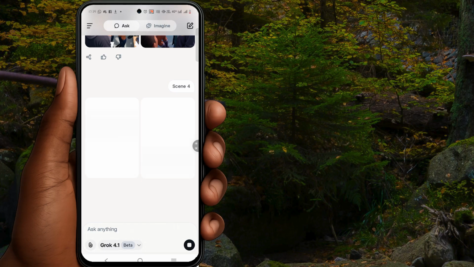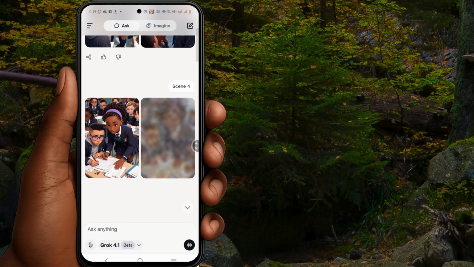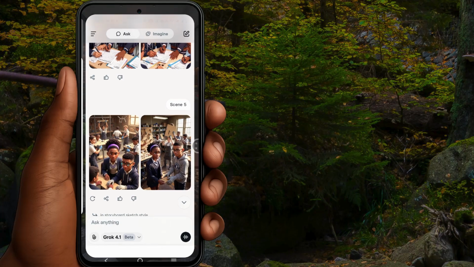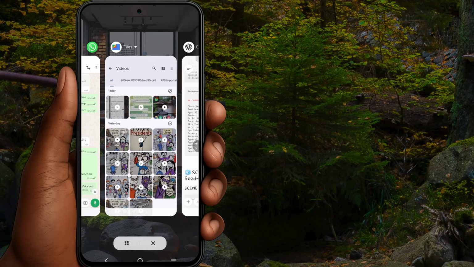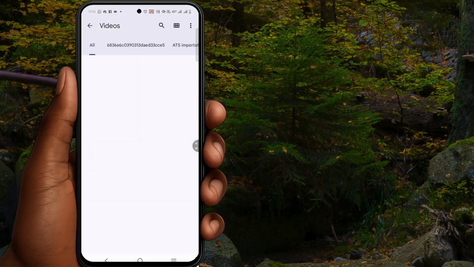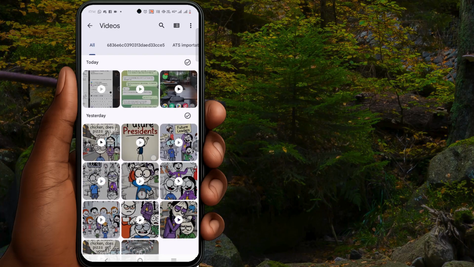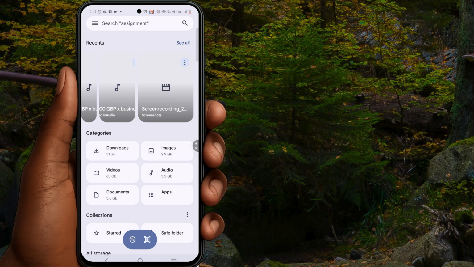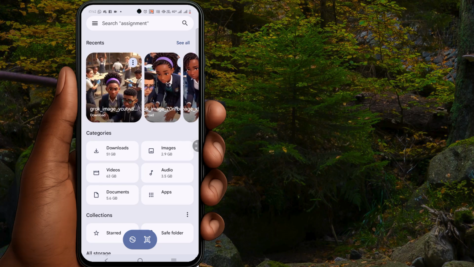So you're going to do this to generate characters for all the 13 scenes. And after you're done generating for all the 13 scenes, I'll tell you the next thing to do. While you're doing all these downloads, you also need to ensure that your downloads are coming into the phone as much as possible. I try not to have too many files on it, so it's way easier for me to keep track.